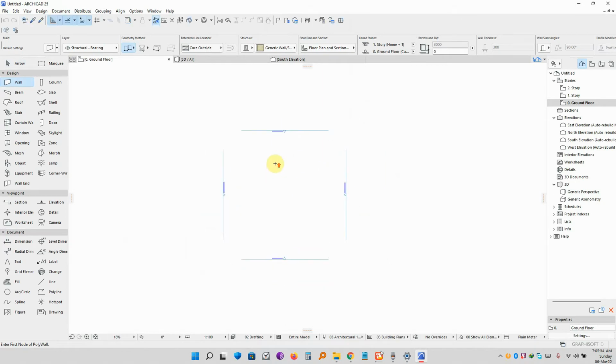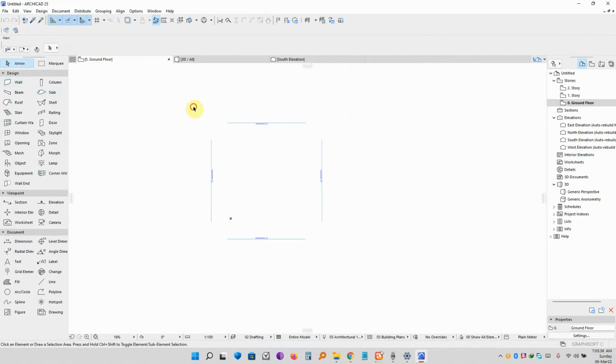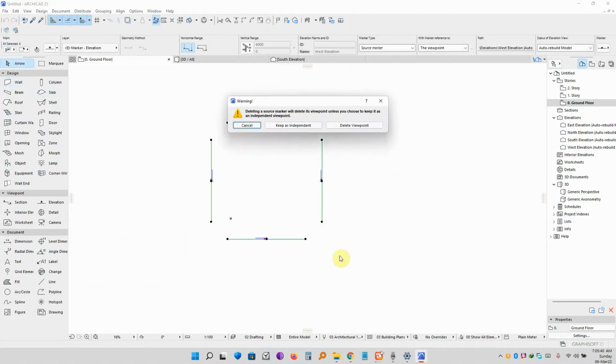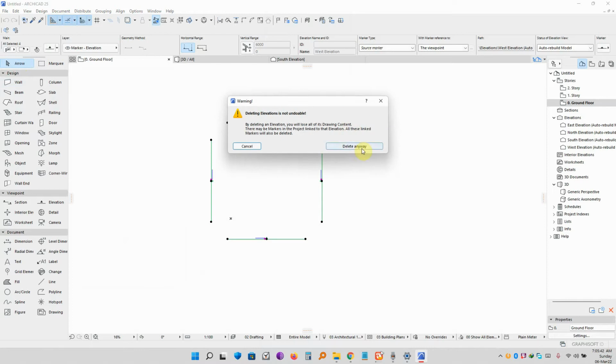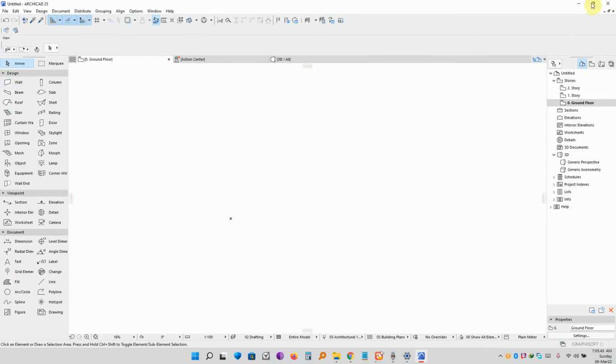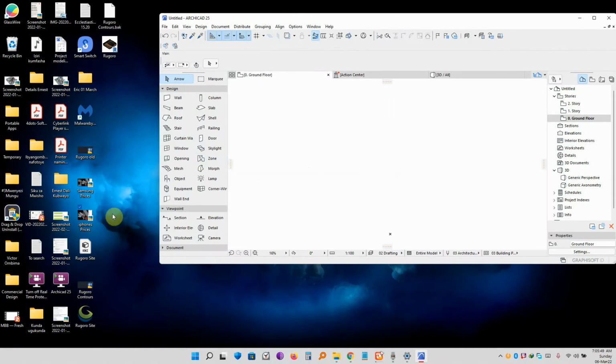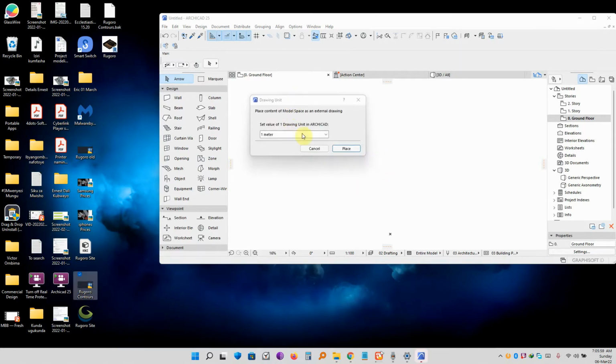In ArchiCAD, when it's open, you can delete these elevation markers, and then whichever way you use, but I normally reduce the ArchiCAD file and then drag this file, which is called Google Contours, drag it inside the ArchiCAD